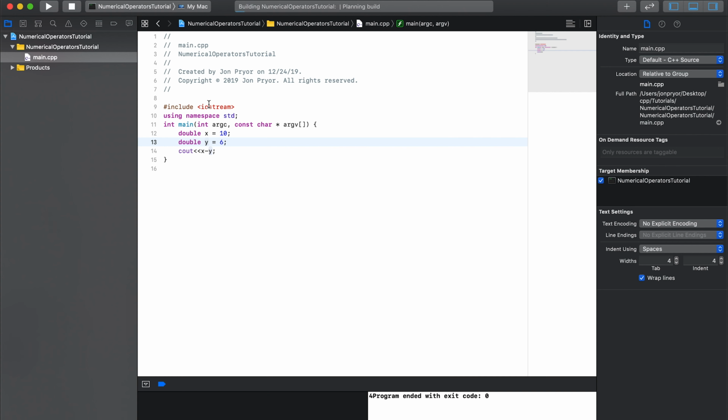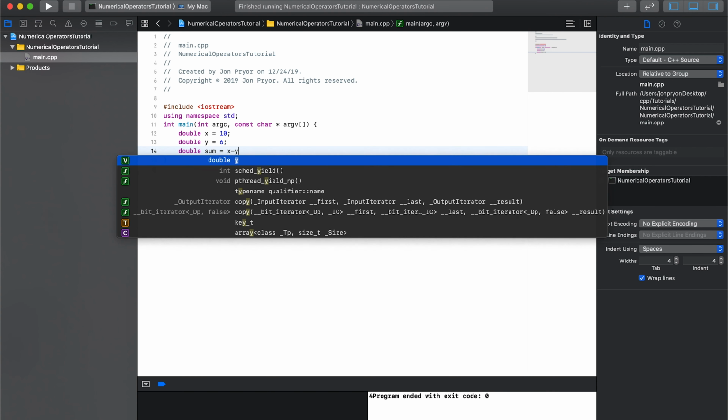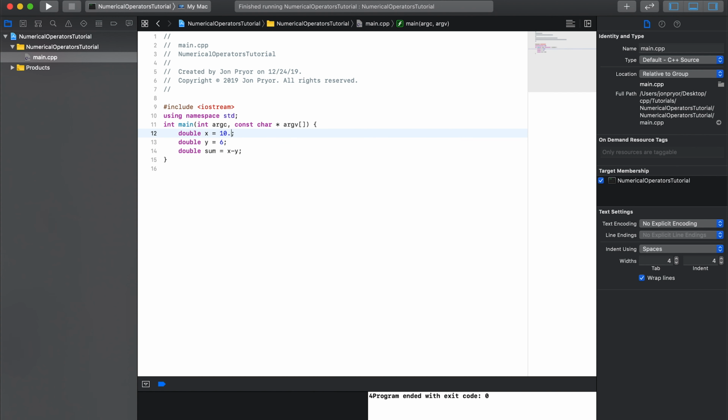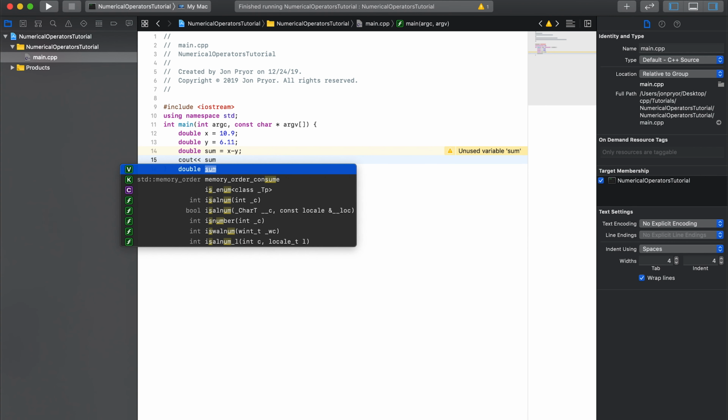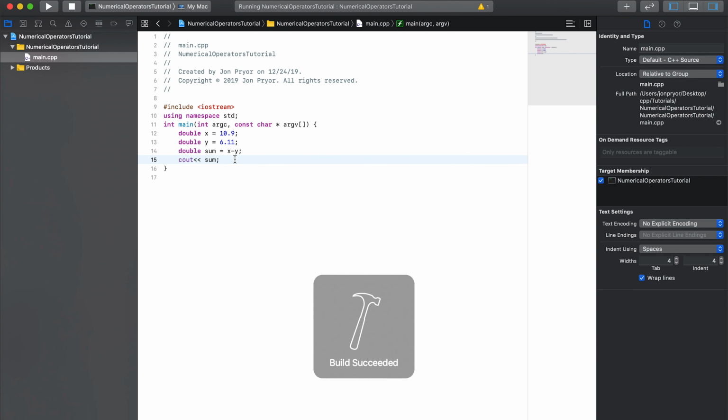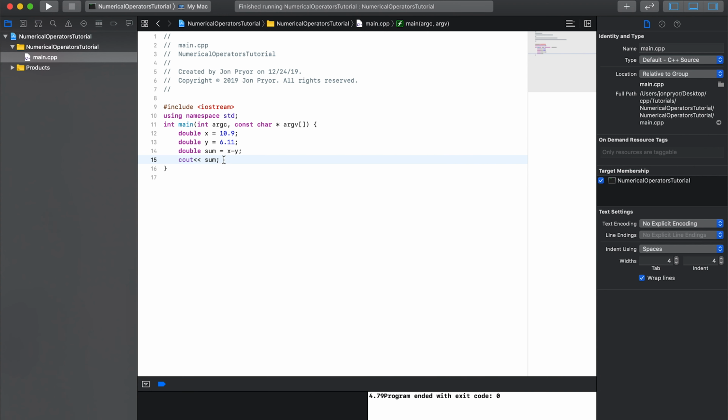We can do x minus y like this, and we can do double sum equals x minus y. And we'll change these to 10.9 and 6.11. After we output it, we'll get 4.79. The next operator is multiplication, so we can do int x equals 5, int y equals 4, and we